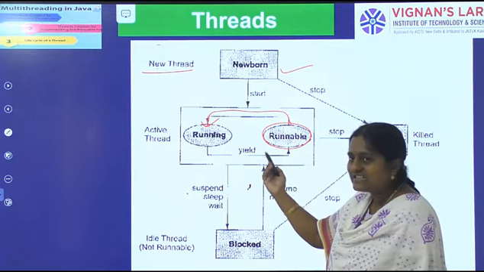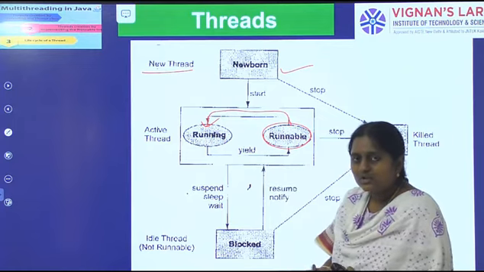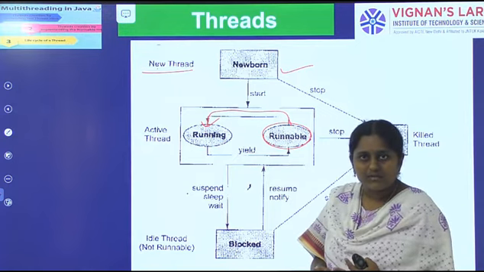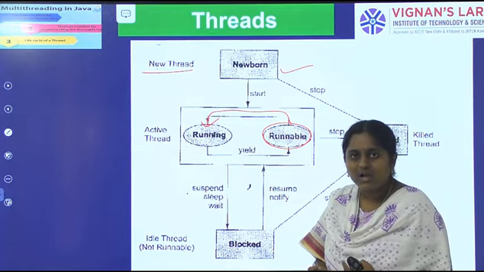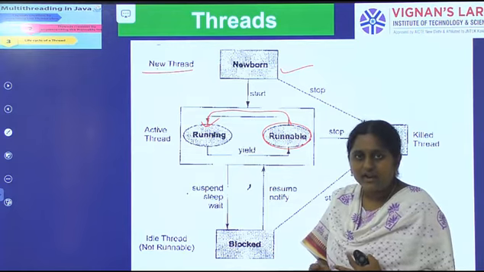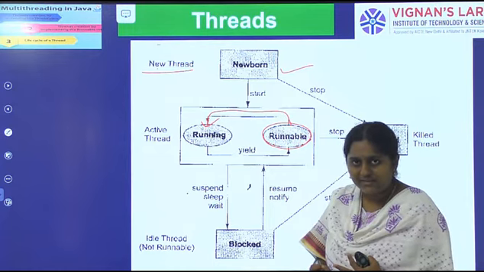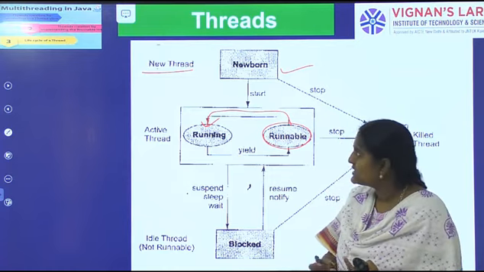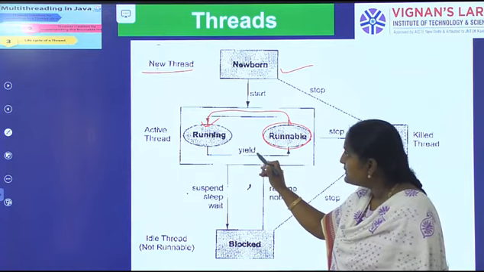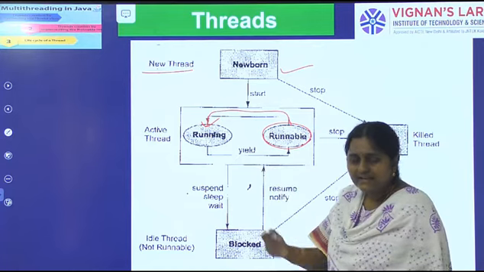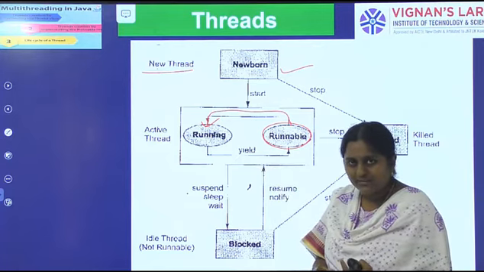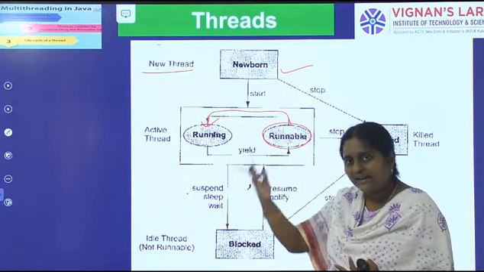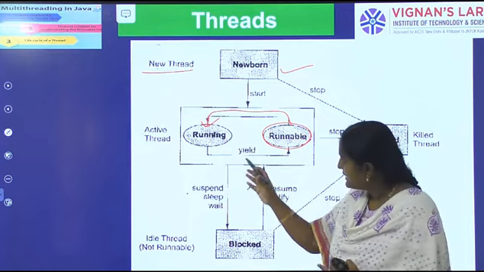When a thread moves from one state to another, there are a number of methods. Thread is a predefined class, and a class generally contains variables, methods and constructors. In order to access the methods of the thread class, first we have to create an object of the thread class. One example is the yield method. It causes the currently executing thread to temporarily pause and allows another thread to execute.